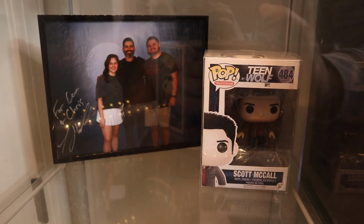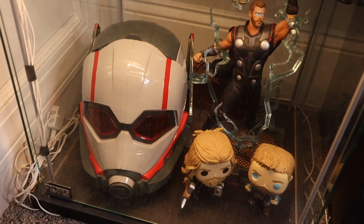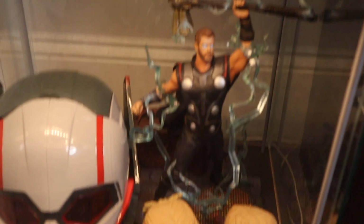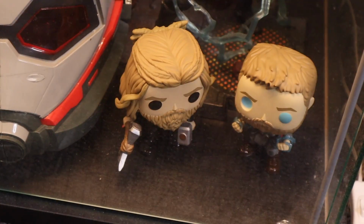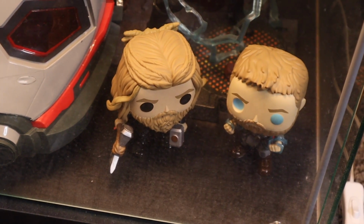There's 2 other Teen Wolf Pops, but they're kind of pricey, but I would love to own them one day. Another Marvel section. I've got this Ant-Man popcorn bucket that's a really cool helmet display. This really awesome Thor statue from Infinity War, and then 2 Thor Pops. Thor with Stormbreaker and Mjolnir from the end of Endgame, and Thor glowing from the end of Ragnarok on the